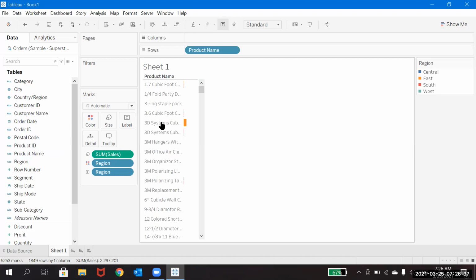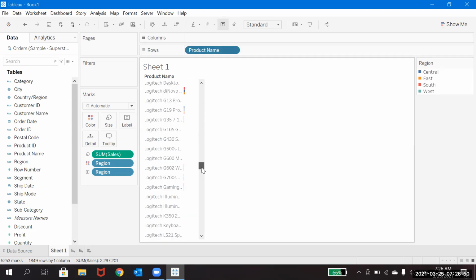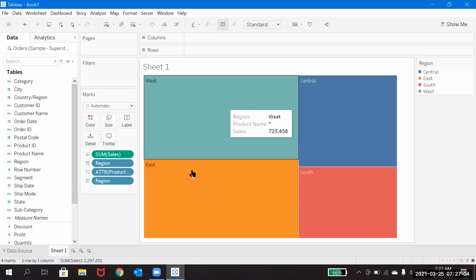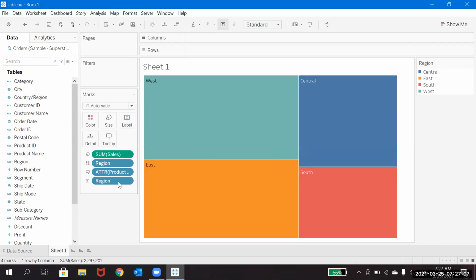It depends. Again, you should think how your visualization has to come and how this product name will help you. Because you have a lot of product names here. If you are showing some graph using this, does it make sense? You should think about that also. So instead, maybe I can put it in the tooltip. If you hover there, the product name shows. Let's try with the segment.